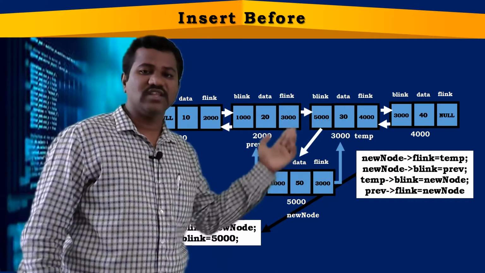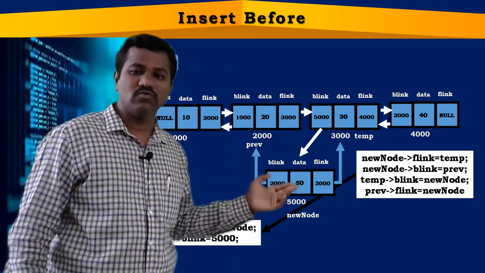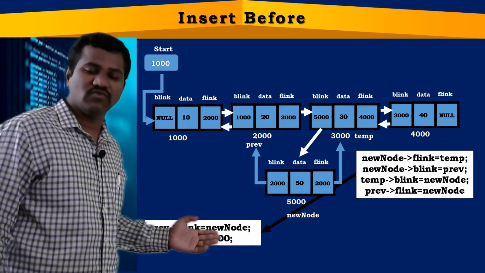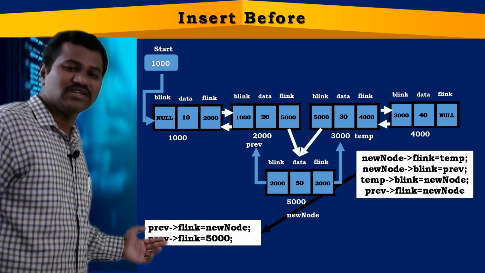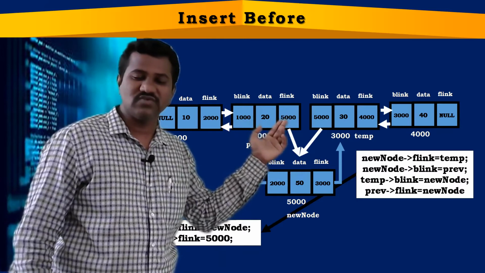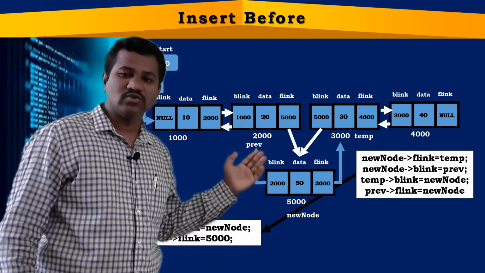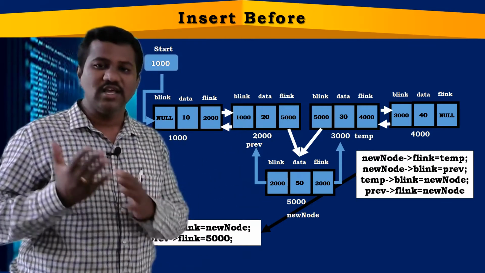New. After that, I'm going with this thing. Previous forward link should contain what? 5000. Previous forward link is assigned with what? New node. New node means what? 5000. And 5000 has been stored in what? Previous forward link. That means earlier it is 3000 and this 3000 has been replaced with what? 5000. A link has been established between 2000 node and 5000. Right? This is how a new node has been inserted before